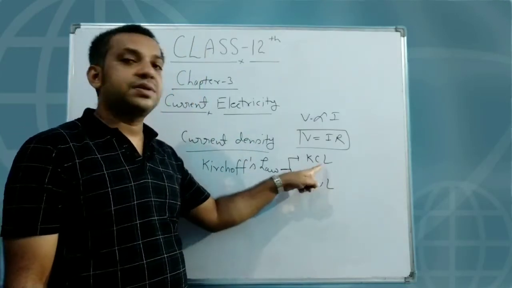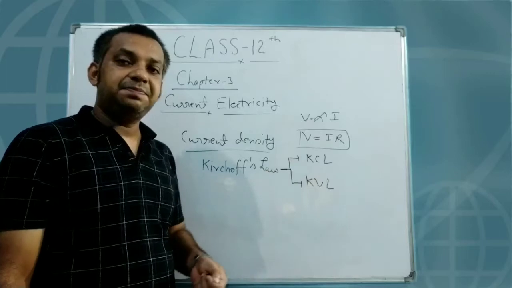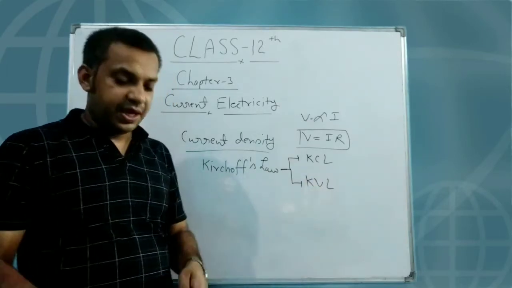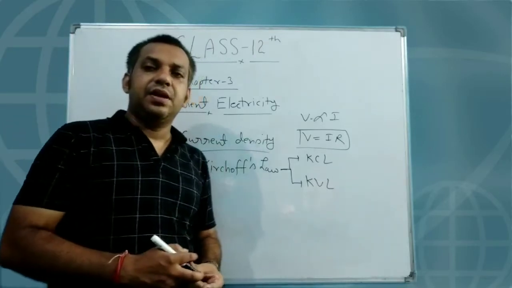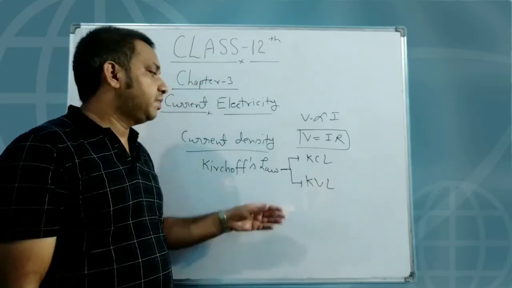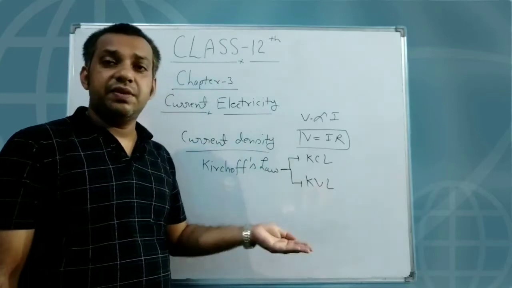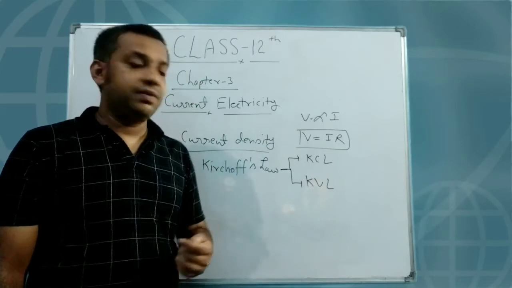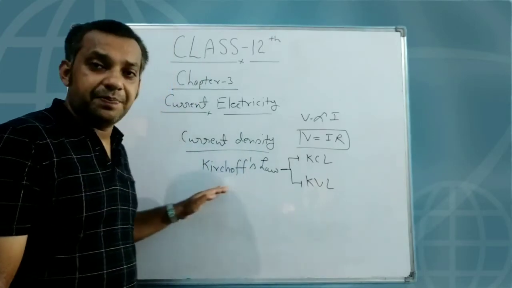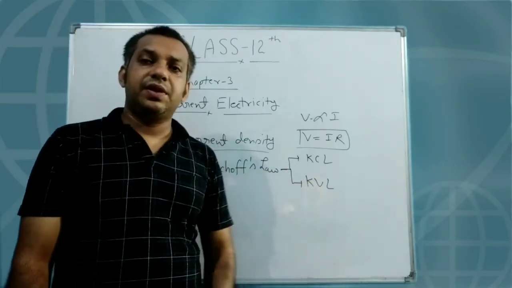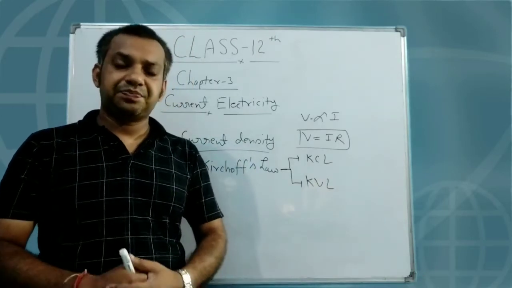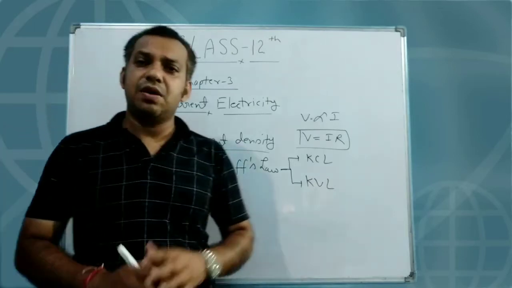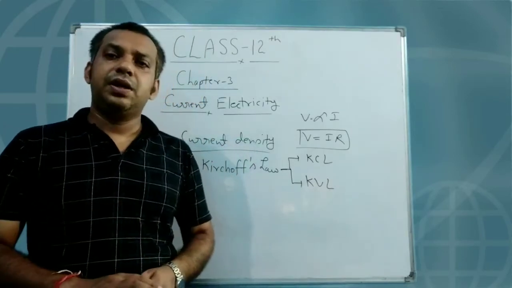The first law, Kirchhoff's current law, is derived from the law of conservation of charge, and the KVL, Kirchhoff's voltage law, is supported by the law of conservation of energy. With the help of these two laws, there is a variety of numericals, and every year one numerical comes on this topic. We will discuss a very interesting method. One method is given in your book, and the second method we will discuss is the common method, which is applicable for all types of circuits.